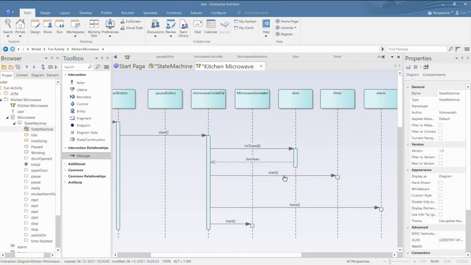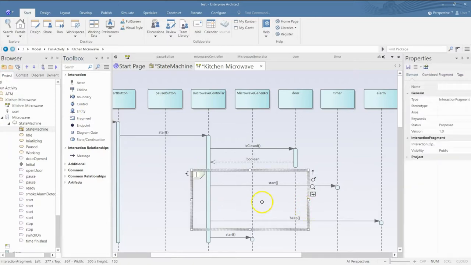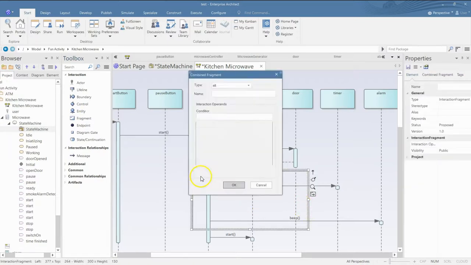If it is working, then I'll increment the timer. So how do I do that? One of two things should happen, right? So whenever we have such conditional behavior, we use a fragment, right? And is working equal to true, and the other option will be is working equal to false.